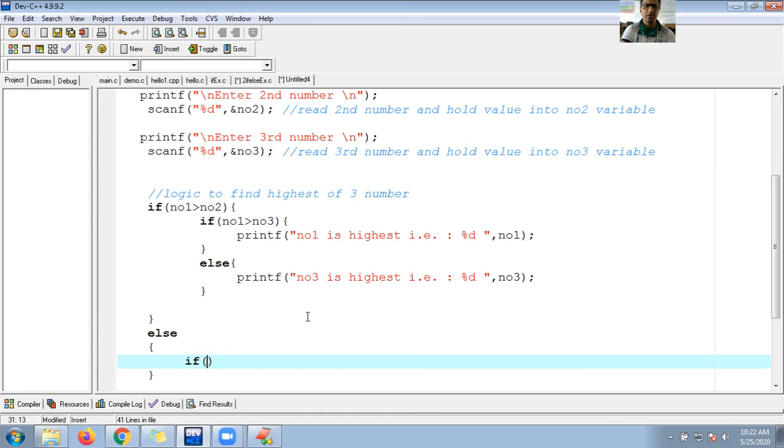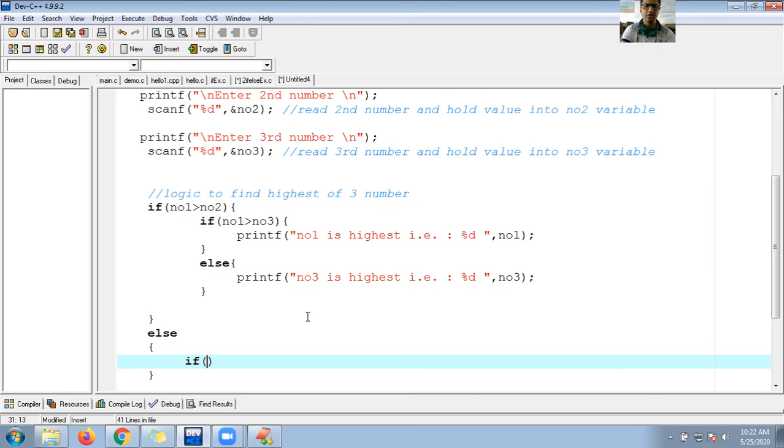So number 1 contains 10, number 2 contains 20, and number 3 contains 30, right? Is 10 greater than 20? True or false? This expression is false, so control will not enter the if block.